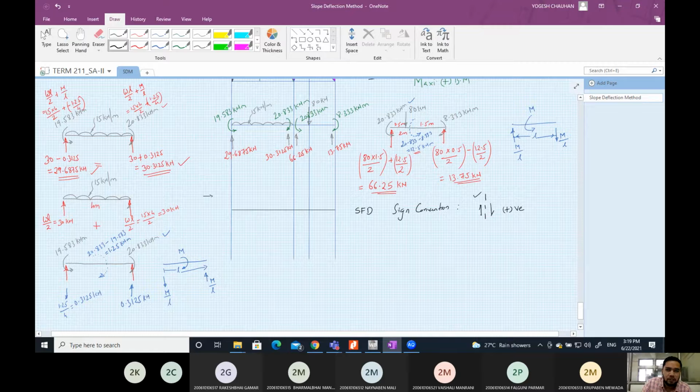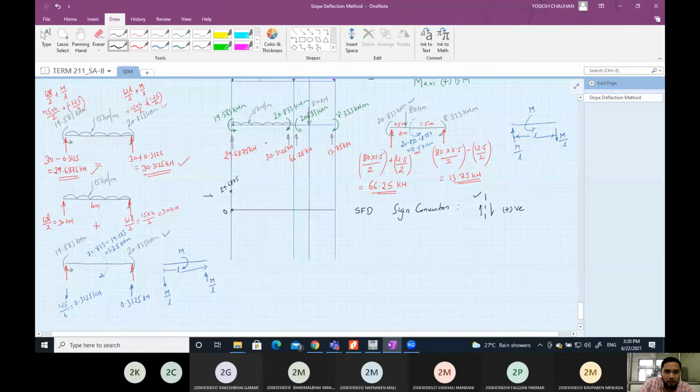On left of the section, upward is positive. So when you are here at this point, there is no shear force, so the value is 0. Okay. Now as you cross this point A, this force will come into picture. And it is acting in upward direction, and your section is here, force is acting on the left side and it is acting in upward direction. So as per the sign convention, it is positive. So this will be positive 29.6875. Okay.